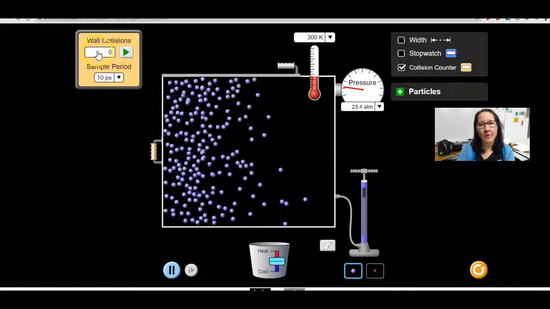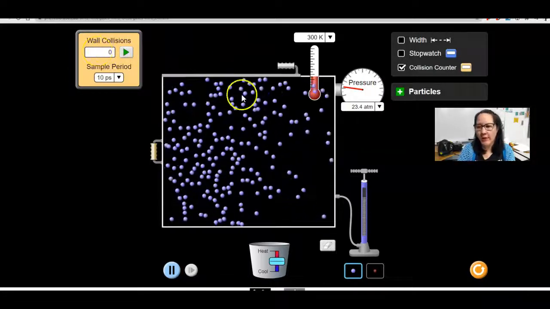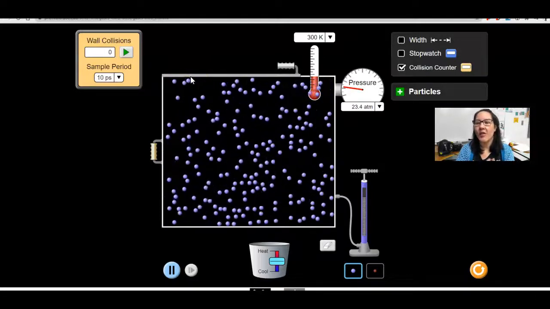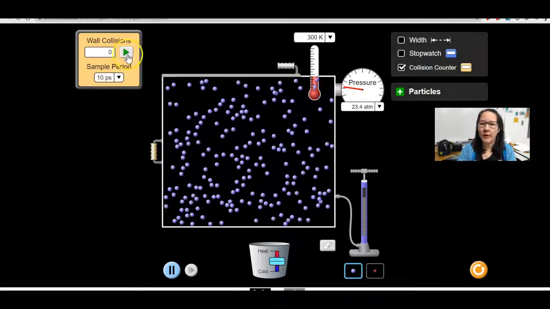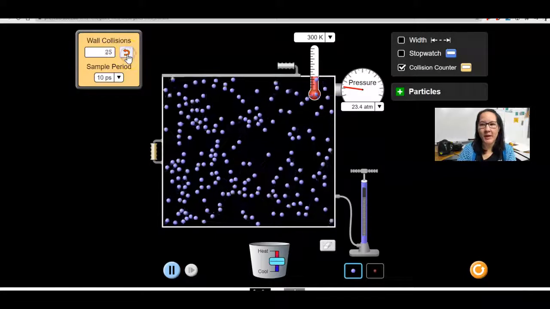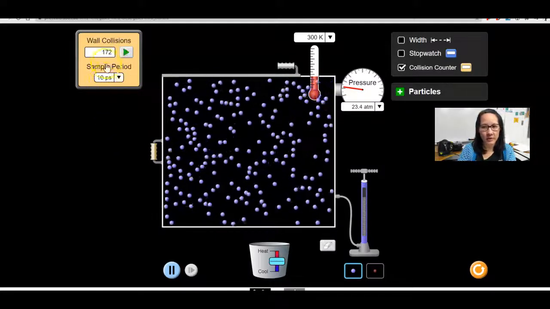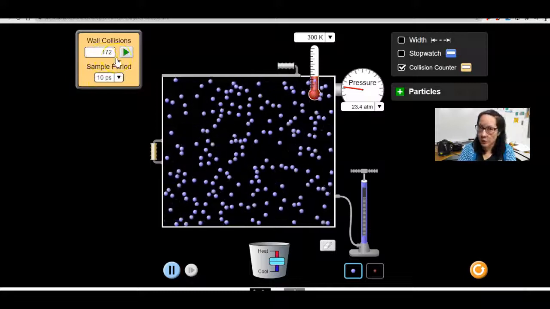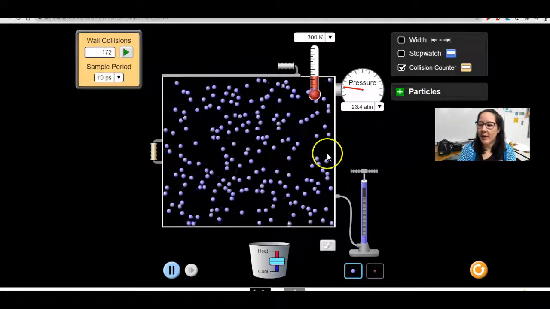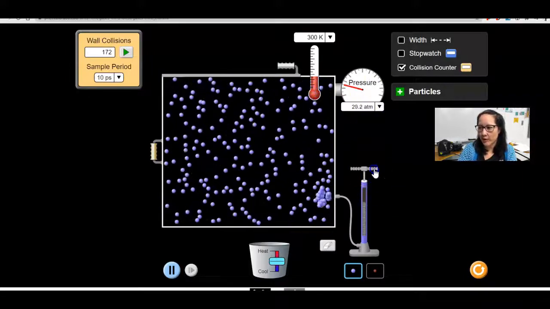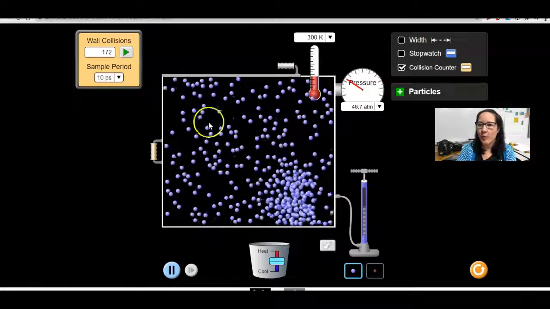Over here measures wall collisions. Every time the gas particle collides into the wall of the container, that measures as pressure. So if we were to see how many collisions are occurring in the course of 10 picoseconds, we have 172 wall collisions. Now, if I were to say add some more gas, 1, 2, 3, 4, well, now we can